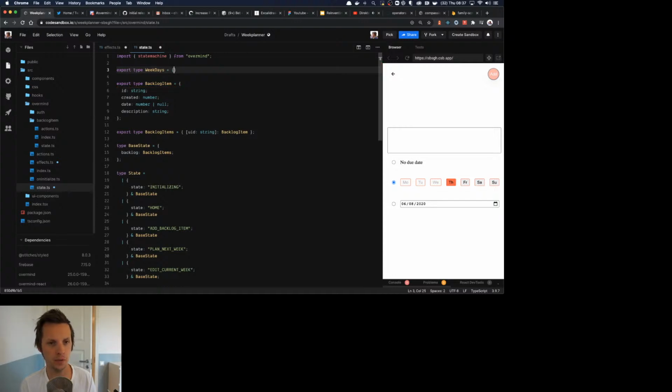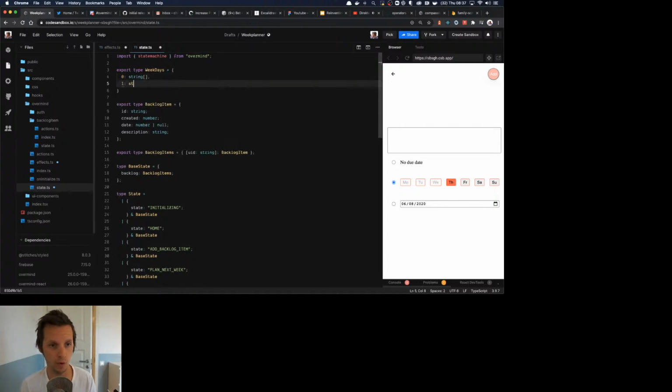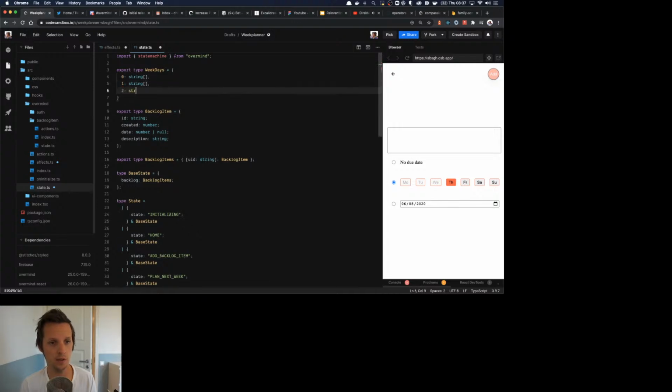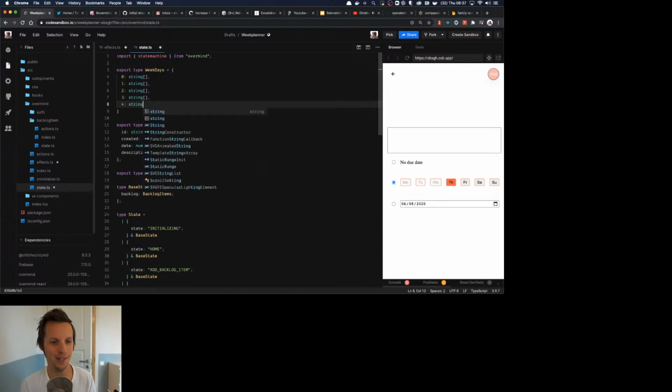And this is going to be a map, and it's going to be explicit because we're going to have either 0, which is an array of week UIDs, or 1, which is the same, 2, the same, 3, the same, 4, the same,